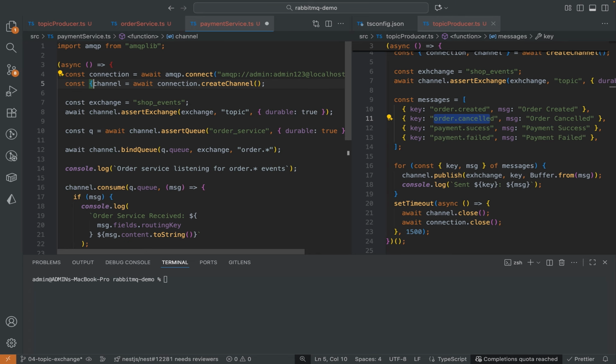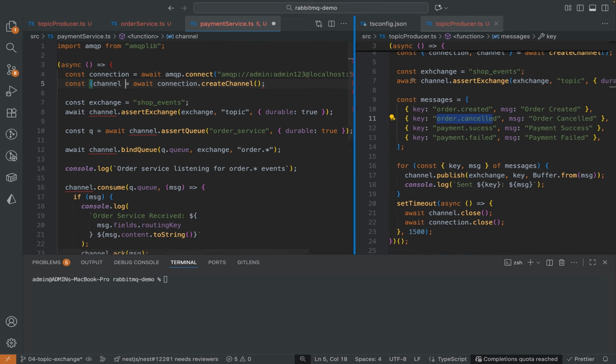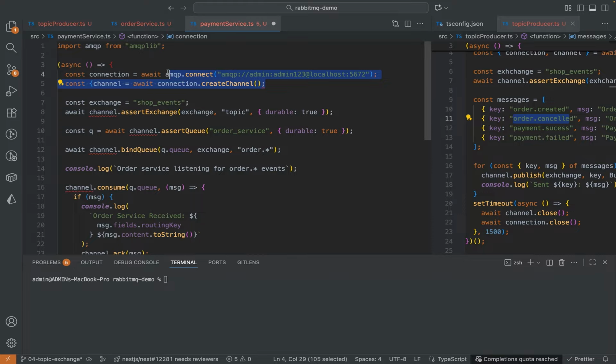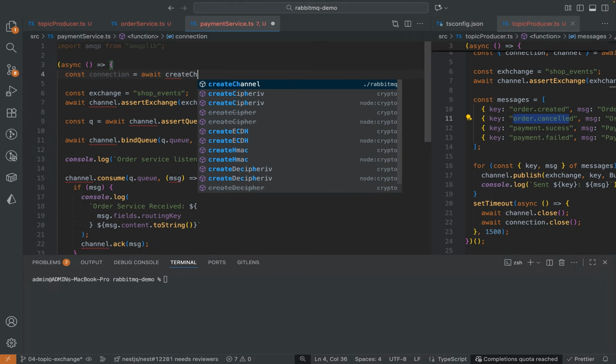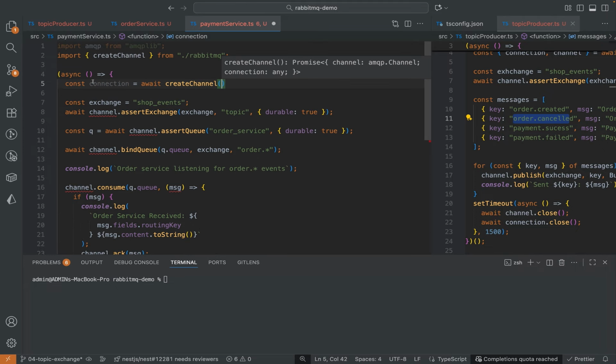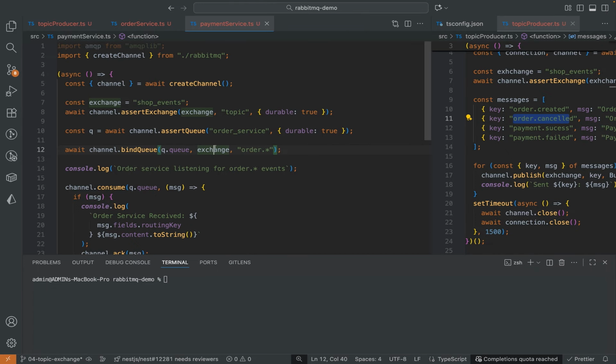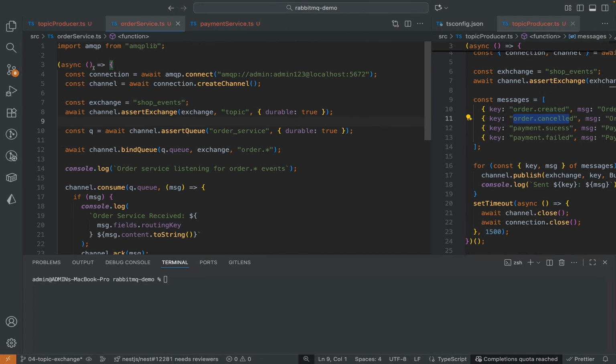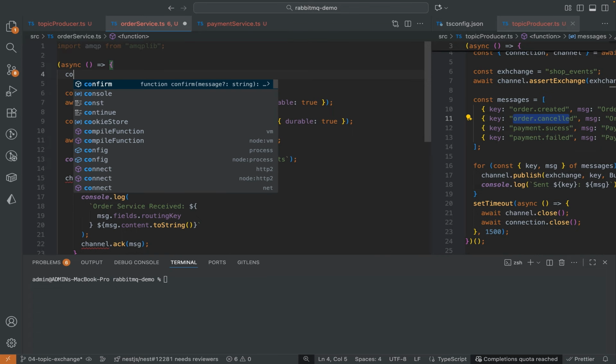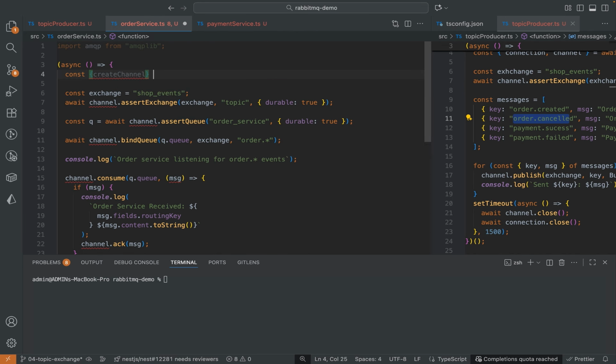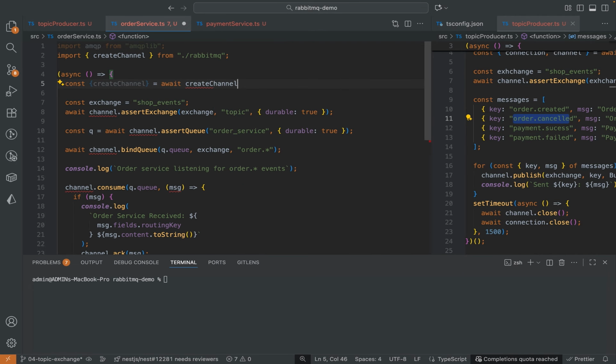Connection, this should give me the... Instead of creating a connection here, we want to use the create channel. It's gonna give me the channel. I should do the same thing here. Const createChannel from createChannel. This should be